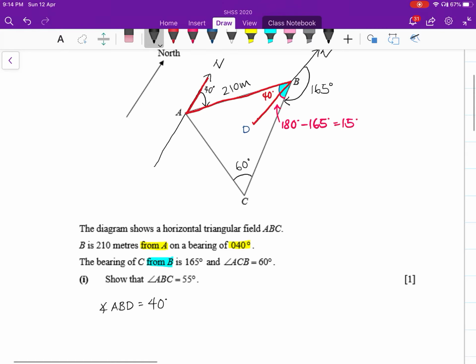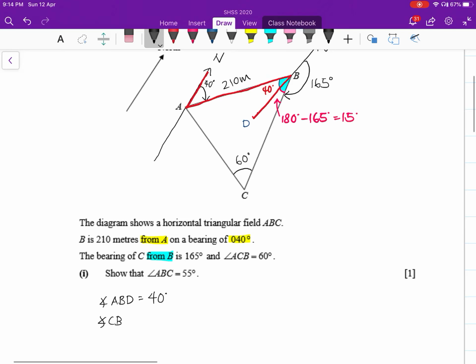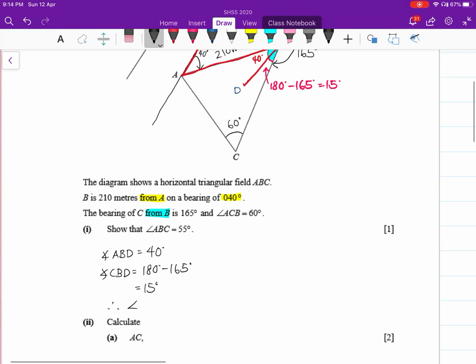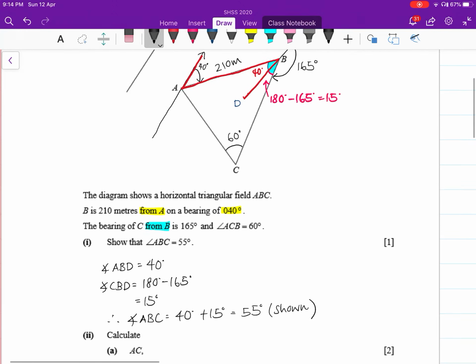Angle CBD is 180 degrees minus 165 degrees, which gives me 15 degrees. So therefore, angle ABC is equals to 40 degrees plus 15 degrees equals to 55 degrees, shown. Alright, that's simple. Now, I need to find AC,